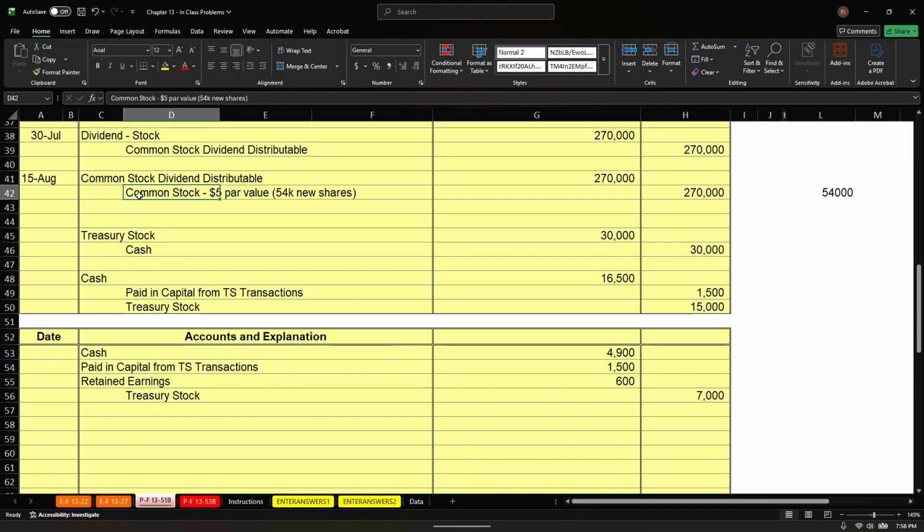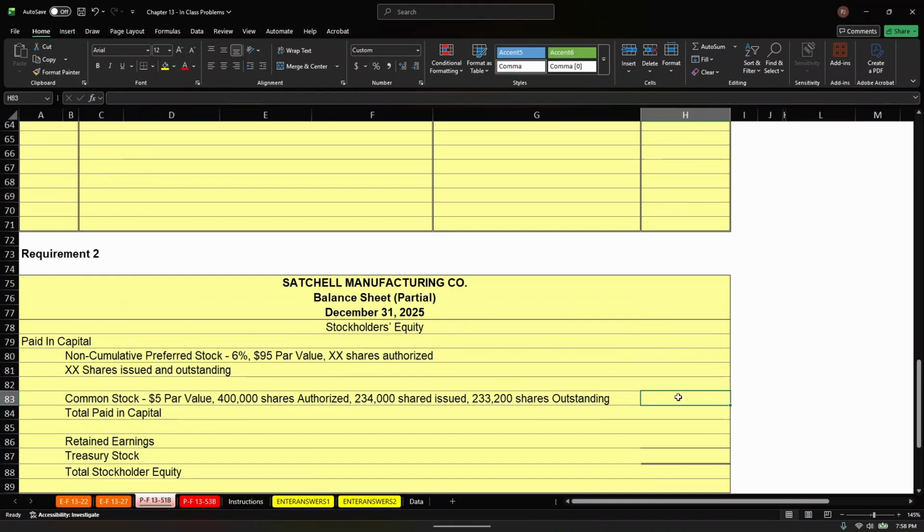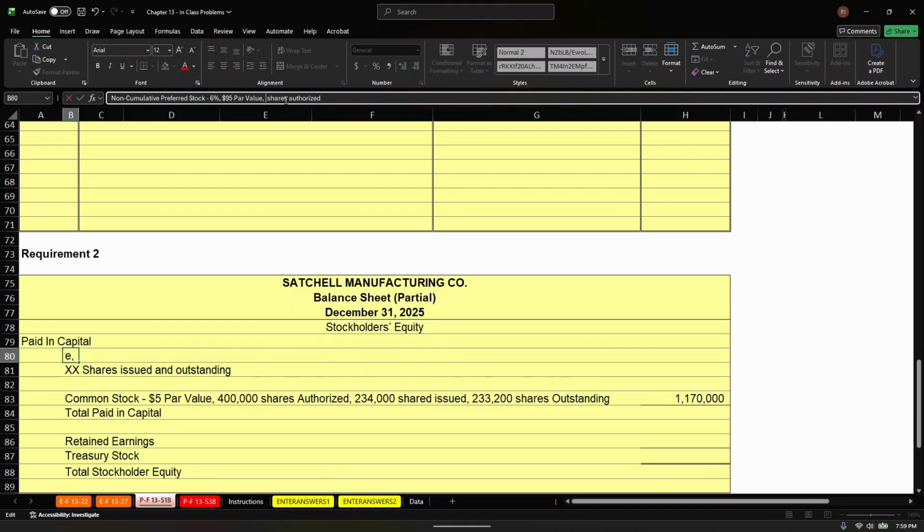Does everyone agree with that? We're good? Okay, so the total here is 1,170,000. So now I have the dollar amount here, 1,170,000. Okay. For preferred, I think it said the number of authorized was 4,000,